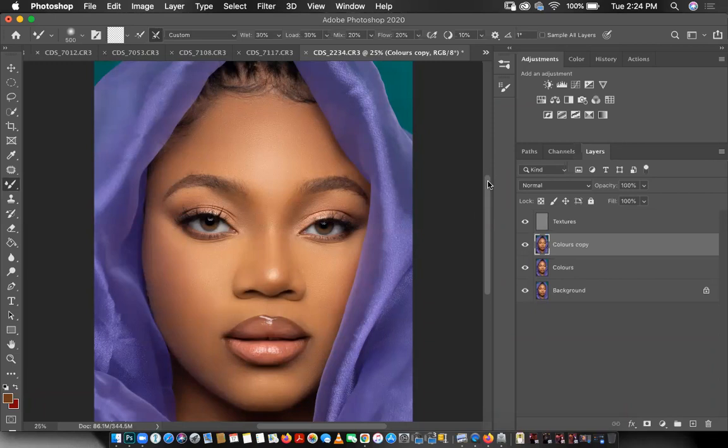Okay, it's like the pics lost its glow. I guess we can use some tools or action to retrieve it. Yes, when you're done working with frequency separation, it kind of looks like the image lost some kind of glow. But there's a process after this called dodge and burn, and there's another process called color grading. That's what we did on the last day of the class, dodge and burn and color grading. So when we get into that, I'll show you how you return the glow back into the image, how you give the image structure